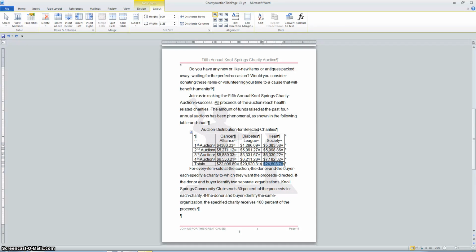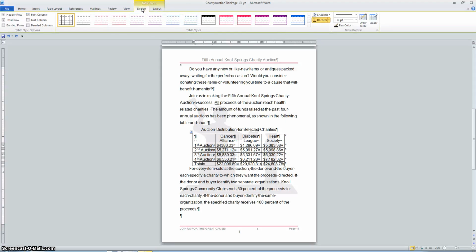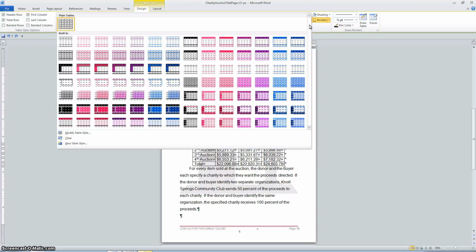Okay, we're going to apply a table style on the table. Make sure you have your insertion point somewhere in the table. You want your Design tab. And in the Design tab, we have all these styles here in the Table Styles group. Click the More button in the Table Styles group. And you want to find the Colorful List. And we're going to choose